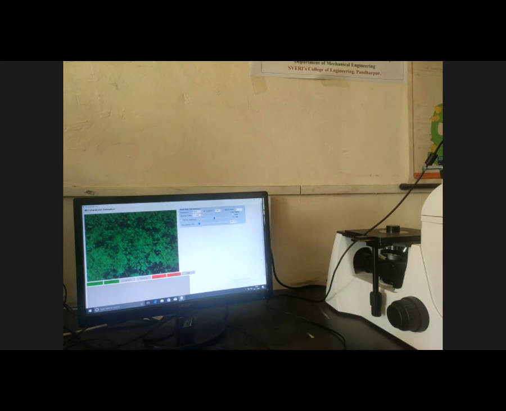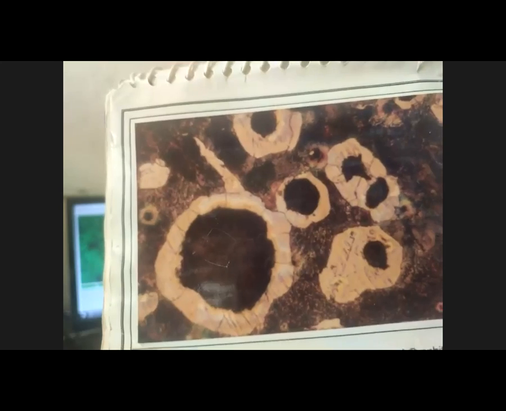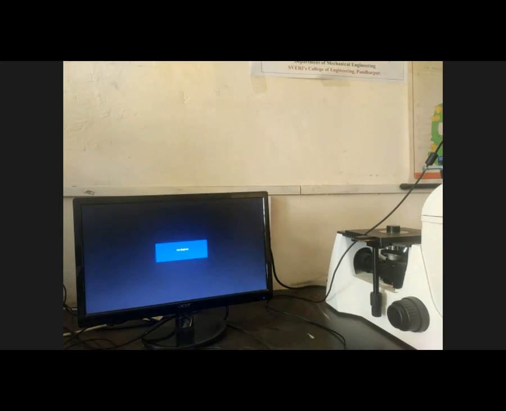Now, if you observe under this microscope on this camera, it looks like the same structure. But if you go to the various structures, now I will show one book with me. This is actually our HG cast iron. Now you can see this is the HG cast iron. This circular structure is the graphite, spheroidal graphite. That's why the name is given circular. See this.